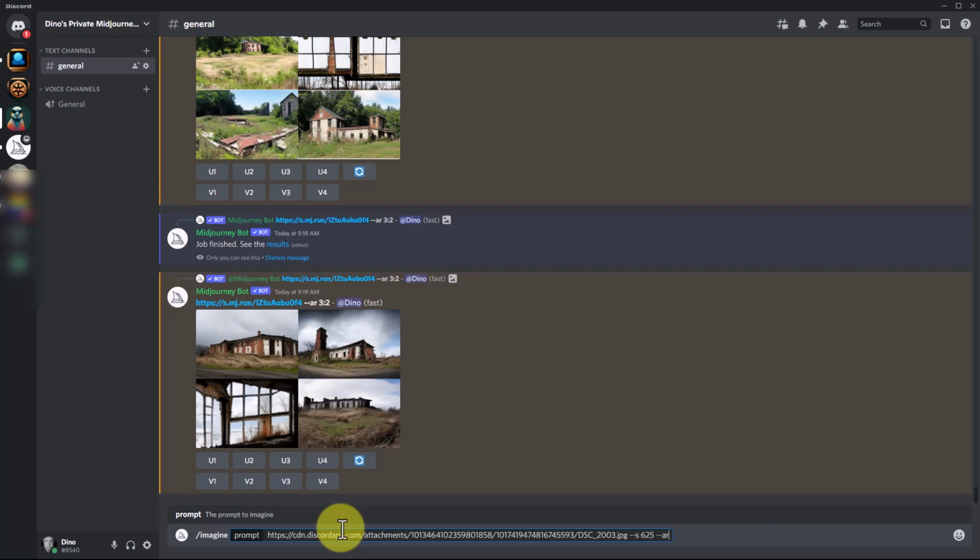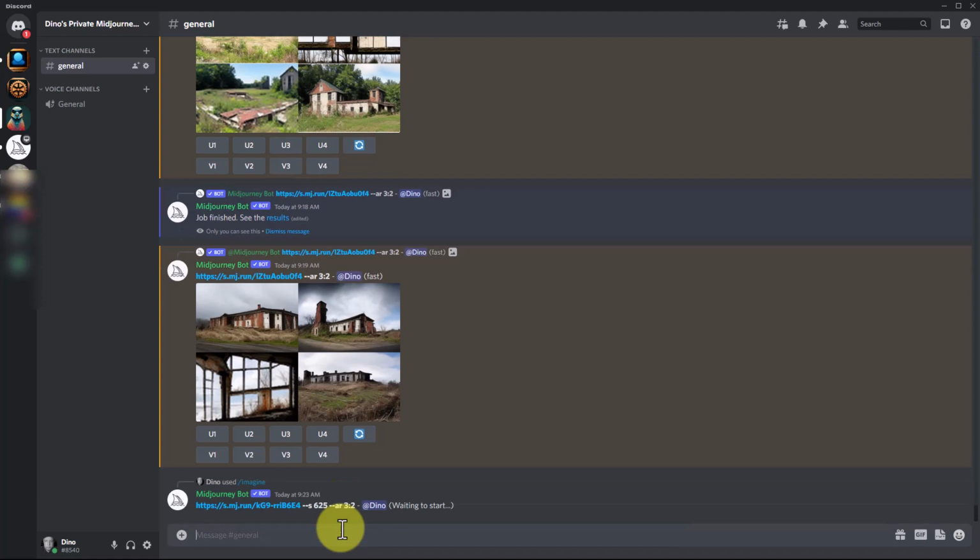So let me put the aspect ratio in here as 3:2 again. Now the aspect ratio affects it as well. It affects the format, but it also, to an extent, will affect its composition. By default, if you don't put an aspect ratio, it will make it into a square ratio, and that can influence it as well, because it will be composing more for a square as opposed to a rectangle. So the aspect ratio we're using is the same as the original photograph was taken in, and it's a landscape format. So we'll do this and let it generate